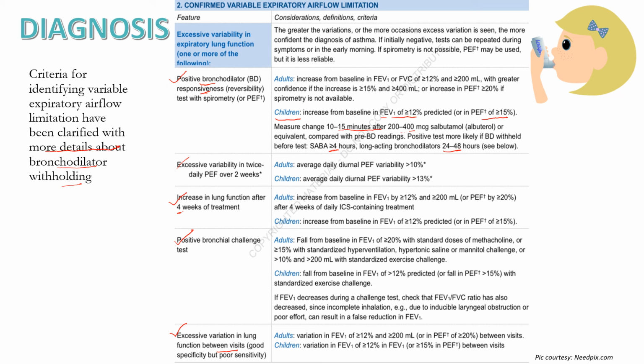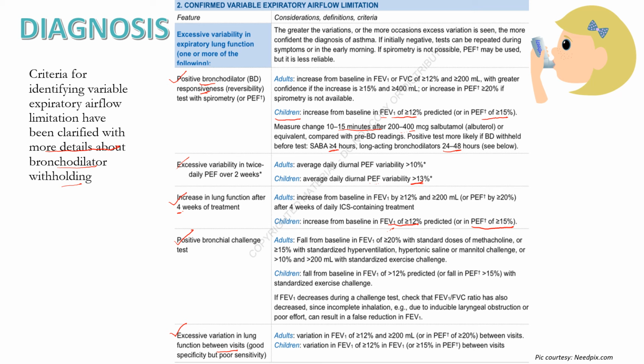The next criteria is excessive variability. If the average daily diurnal PEF variability is more than 13% in children, then there is a possibility of expiratory airflow limitation. Then, increase in lung function after 4 weeks of treatment, if it is more than 12% of predicted in FEV1 or more than or equal to 15% of predicted in PEF, then we may also think that the patient has bronchospasm,